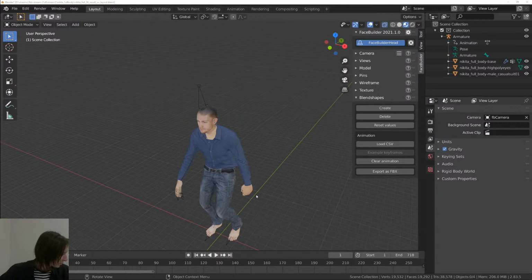Do we have any questions? Okay, while we are waiting, let's summarize what we went through today. And first, we've created the head in FaceBuilder. Then we created textures, created blend shapes. Had a look at how to import blend shapes, I mean the animation using FACS blend shapes. The ARKit, by the way, compatible FACS blend shapes, in our add-on, how to import this animation and how to export it in different